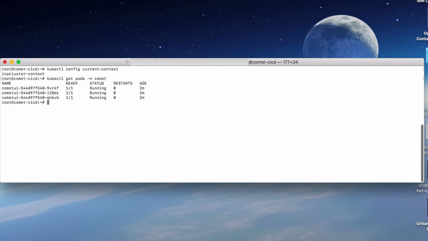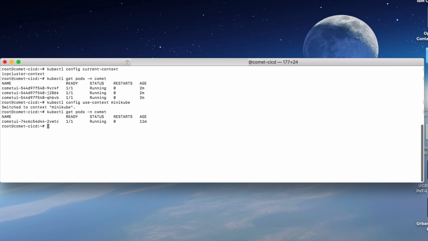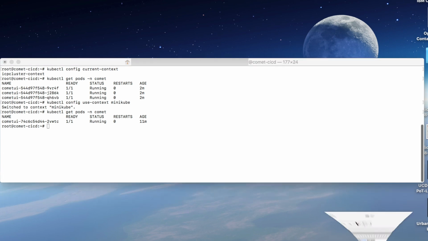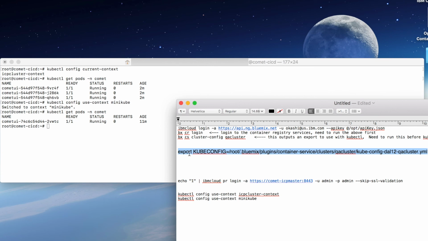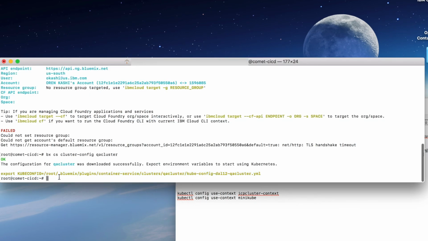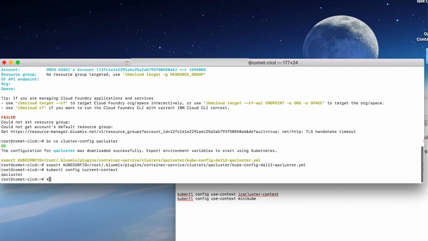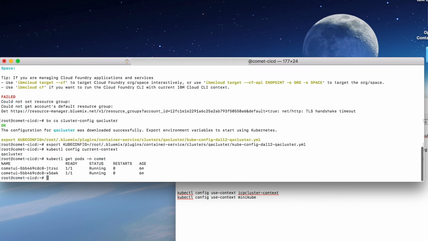If I switch contexts and take a look at our Minikube context, we can do the same thing. Okay, and we'll run the same command. We do see that there's 1. And just for completeness' sake, I need to export the kube config file to view the other one. And we see that it is in fact 2 pods that are running. So you saw we did have 1, 2, and 3 that we asked for in UrbanCode Deploy, and it did the same. So hopefully this gives you a nice overview of what DevOps can look like using containers